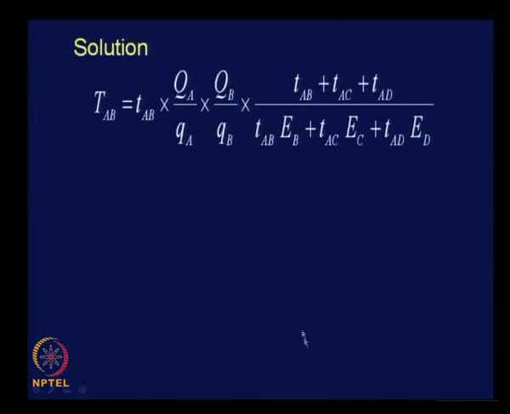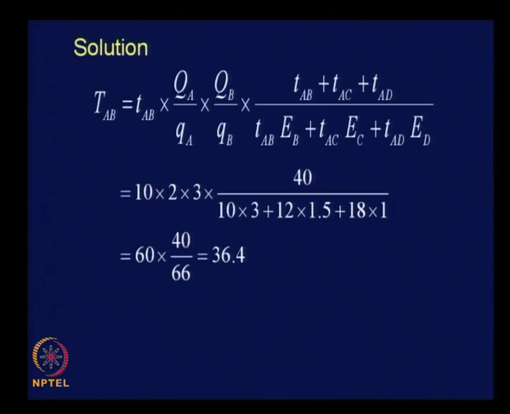Substitute all the values, all these values are known to us. T_AB is nothing but the cell value in the available matrix, q_A is nothing but the row total, and Q_A is also known to us. Row totals for base year as well as horizon year are known to us, and in fact we have got the ratio Q_A by q_A directly available in the form of growth factor. So, we can take those numbers directly, and these values are to be multiplied by the corresponding growth factors, that is what we have to do.